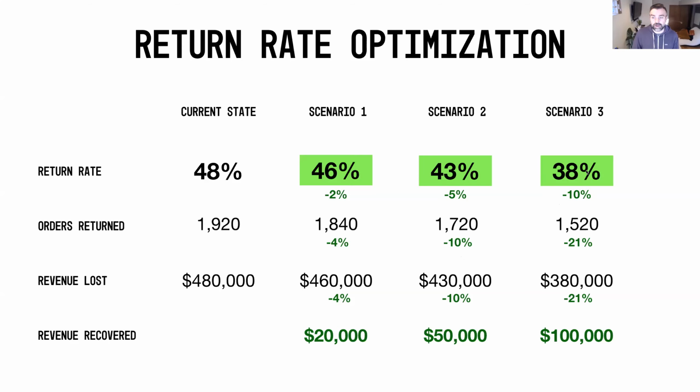If you're able to get all the way down 10% off of your return rate at that current figure, you're looking at about a 21% orders return rate, or 21% revenue recovered back into your pocket. So that's a pretty significant number in terms of how much opportunity there is to optimize the return rate. And so we talked about a few ways to optimize that return rate: offering very clear instructions for customers,